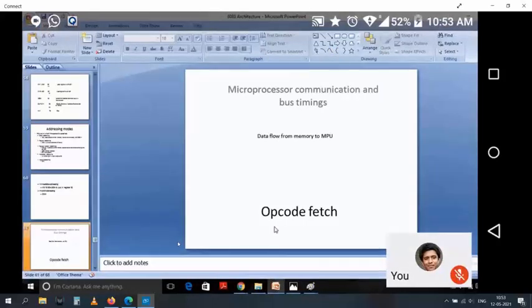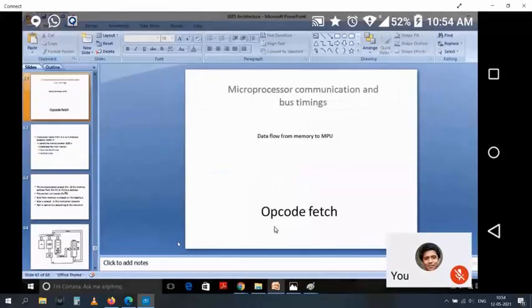So then we have seen what is the output, we have seen what is the operand. To perform any task, first the microprocessor unit needs to know what it is supposed to do, what is expected. What it is supposed to do is given in the opcode: add, move, rotate, jump. All these instructions are there in the opcode. So how will it fetch the opcode? It has to bring it to the instruction decoder to understand what has to be done.